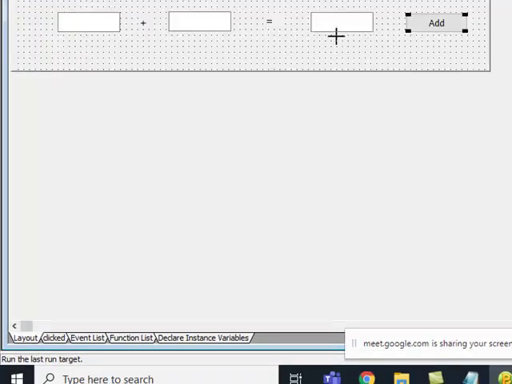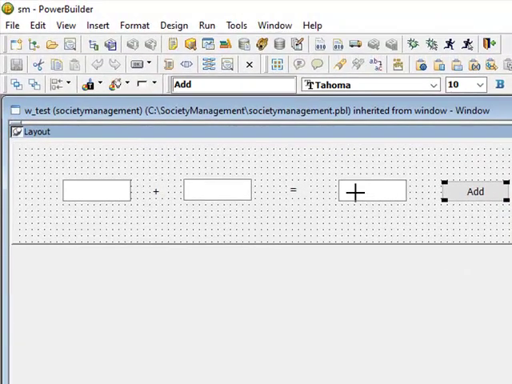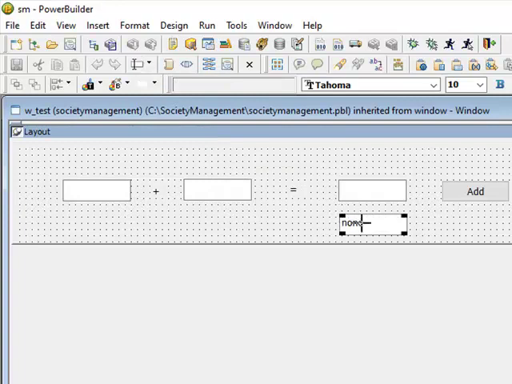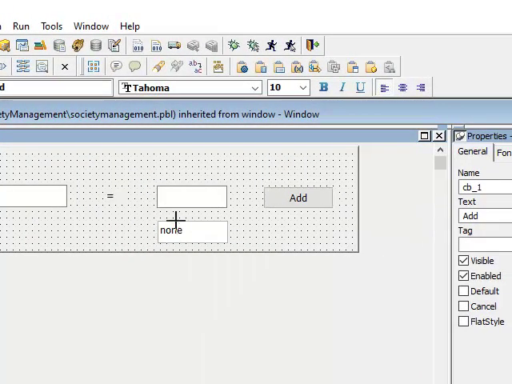So this is addition, right? And then if you want to keep one more, okay, what is the name of this one?